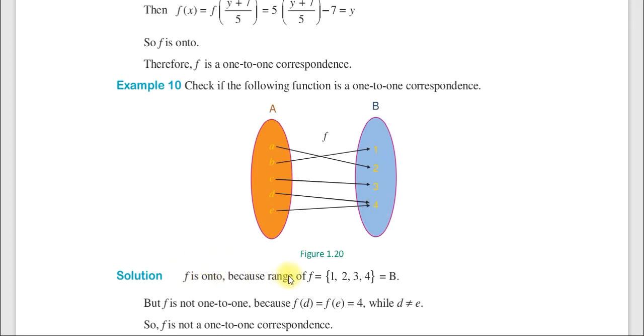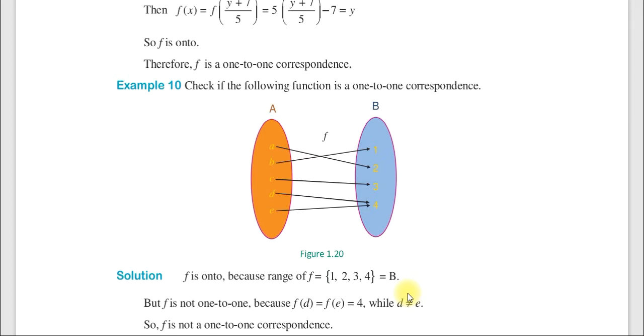f is onto because the range of f is 1 to 3 4. Onto መሆኑን ምን ብሏል አሳክቷል onto ነው ምክንያቱም b ሬንጅ ሆኗል የተረፈ የለም ማለት ነው ከb ኤሌመንት የተረፈ የለም but f is not 1 to 1 because f of d and f of e which is equal to 4 while d is different from e. ያ ማለት ምን ማለት ነው x1 which is equal to x2 ማለት f of x1 which is equal to f of x2